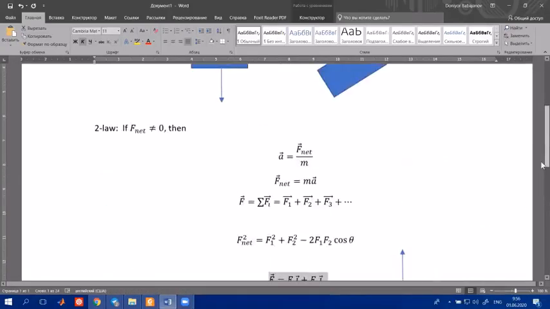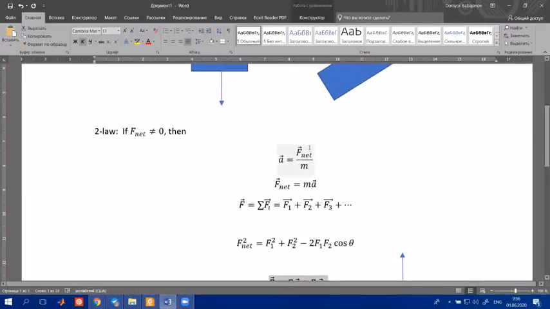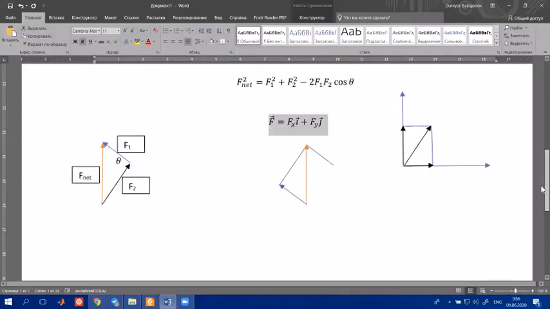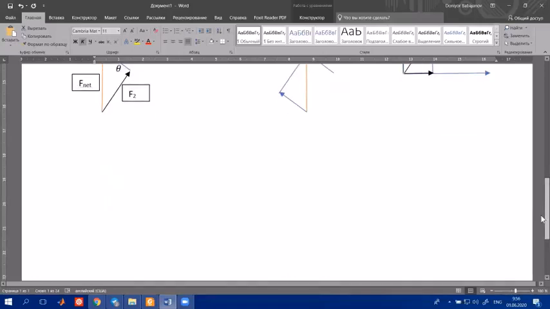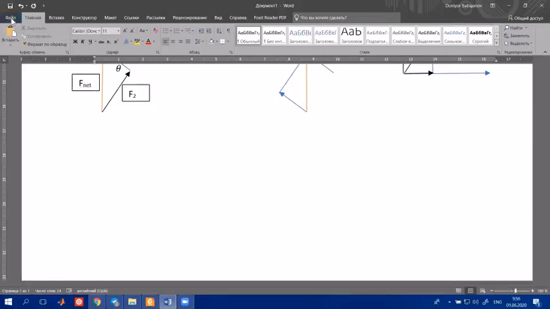So after finding net force, you divide net force by the mass of the body, you get acceleration. And now after finding acceleration, the problem becomes kinematics problem. So after writing Newton's second law, the problem becomes kinematics. So what does it mean? It means that you can find acceleration by using Newton's second law. Then you write